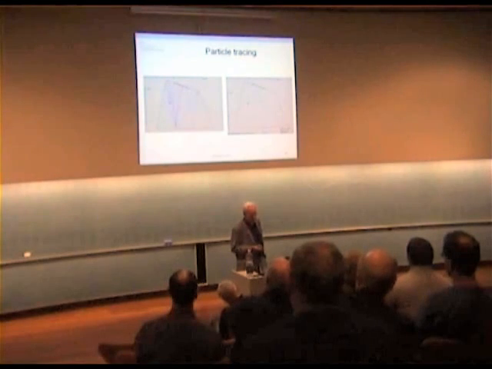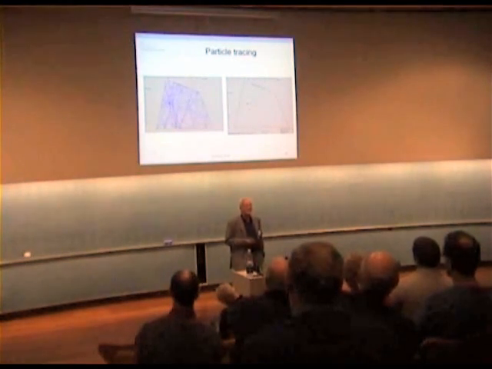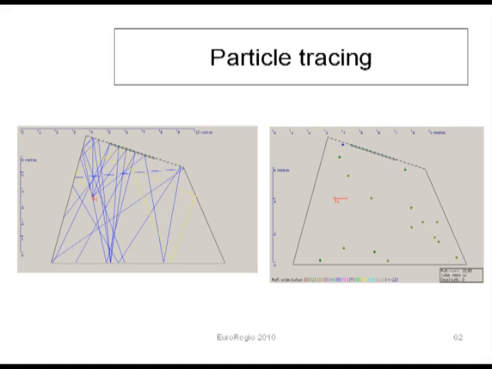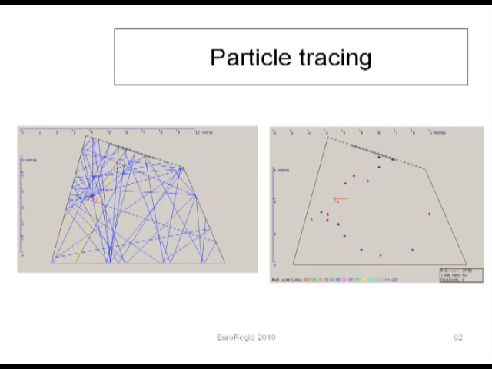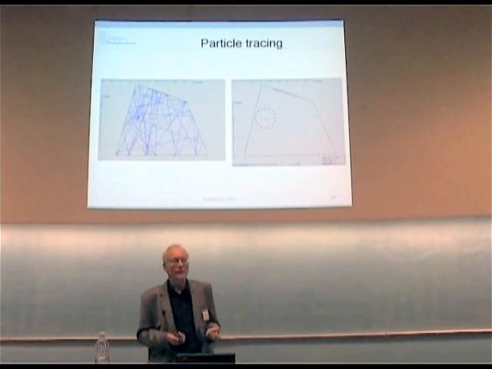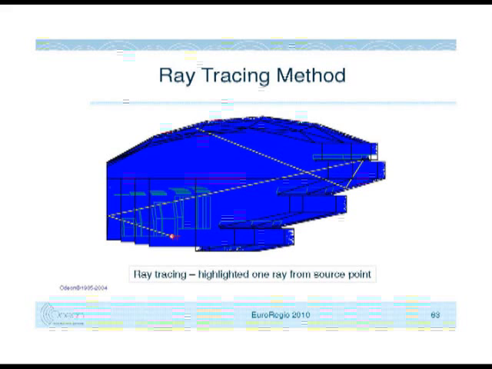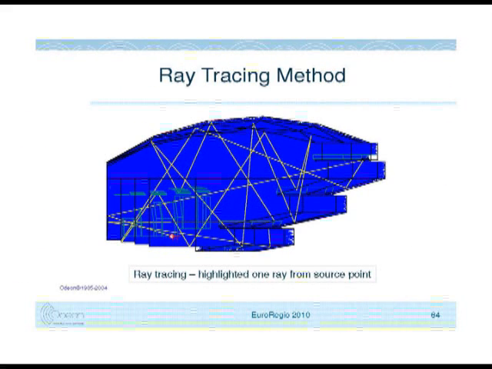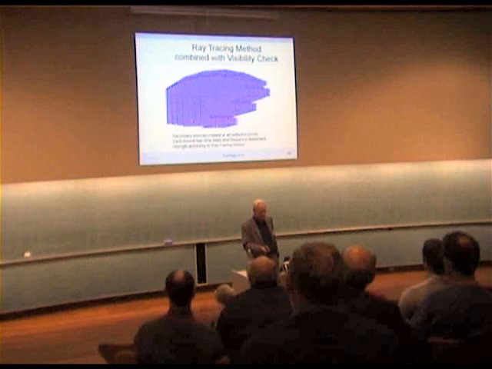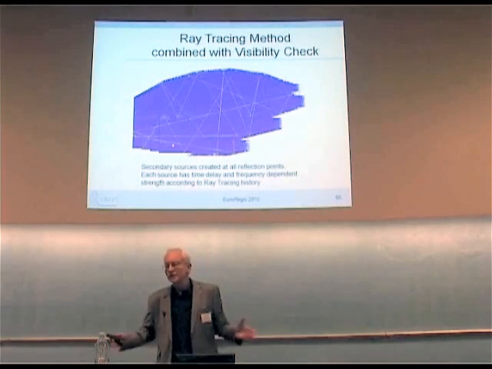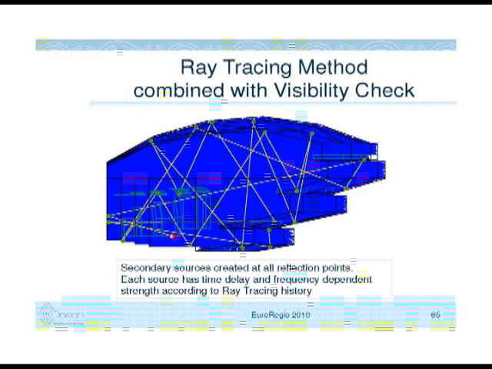To the right are shown particles emitted from the source, just a few of them. And to the left are shown rays representing the path of the particles. So that's how you can see particle tracing and ray tracing, they are very similar. It's just a matter of how you look at it. If you actually follow some small patches of energy, then I would call it particle tracing. And then we have a ray tracing method where you can follow a ray, and we need to follow the ray up to quite high reflection orders